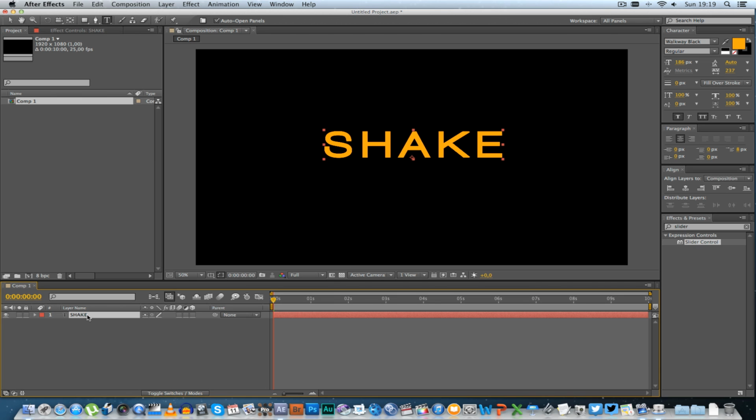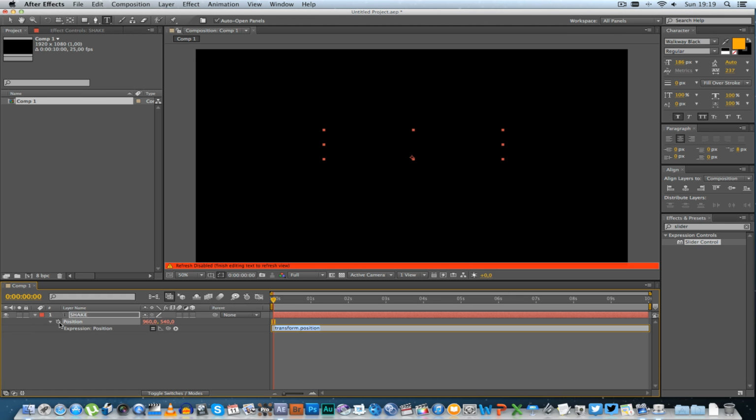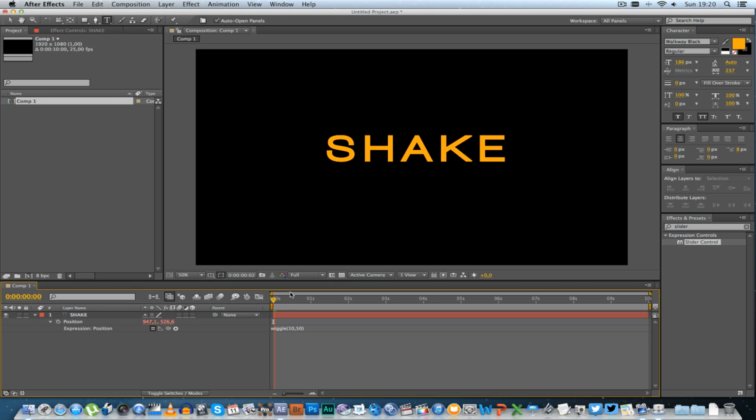And what I'm going to do, I'm going to go to the position of the shake and alt click on the stopwatch to create an expression. I'm going to type wiggle. Let's make it 10,50, which means it's going to wiggle 10 times per second, and it's going to expand 50 pixels in all directions. Alright, so if I play this, all good and well, we've got a very basic shake